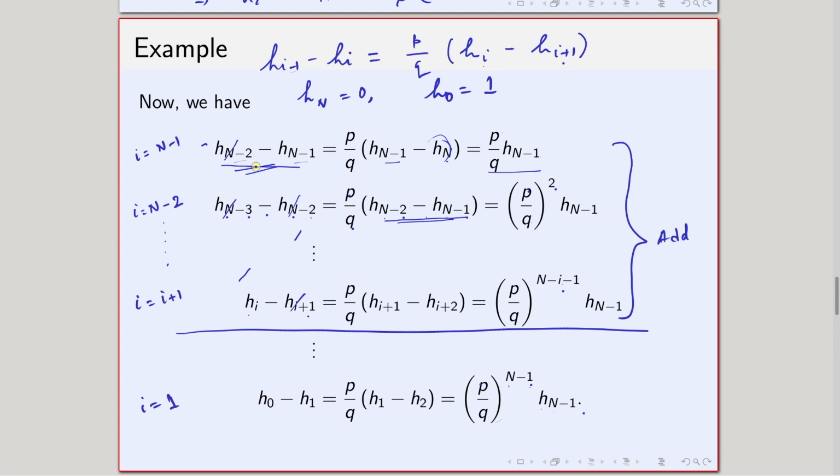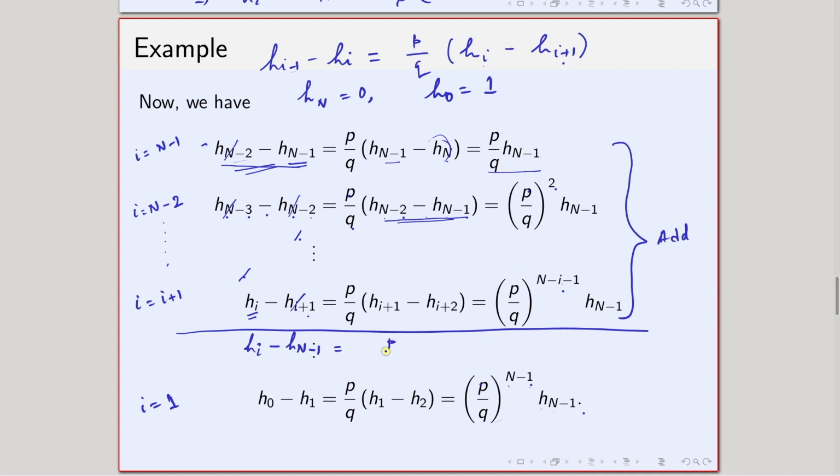So all the terms cancel except this term remains there and this term remains there. This term cancels with the similar term in the next equation, and this term will cancel with the similar term in the previous equation. So finally I am left with hi here, let me write, and I am left with this one minus h n minus 1. And what is this side I am left with?